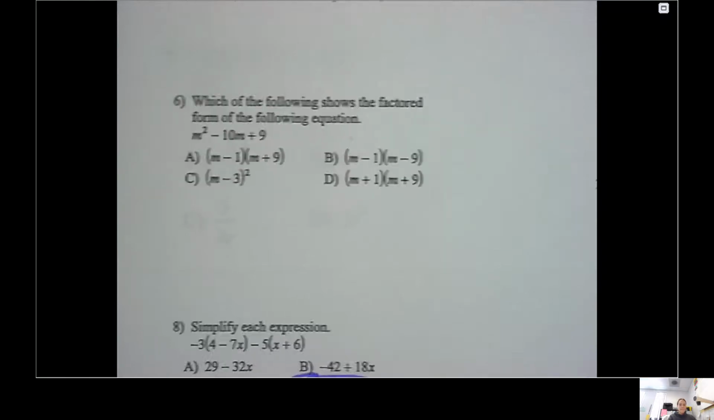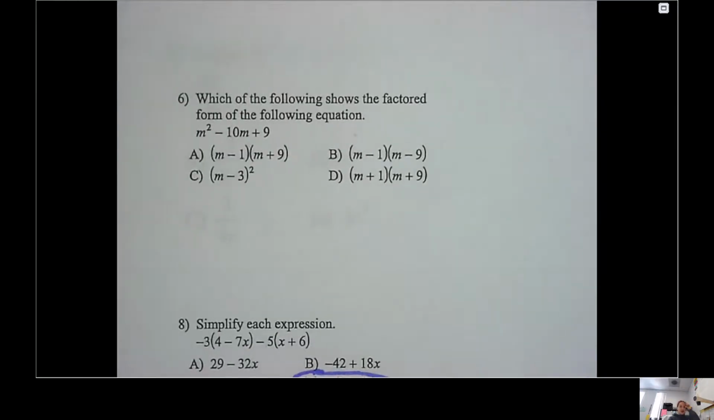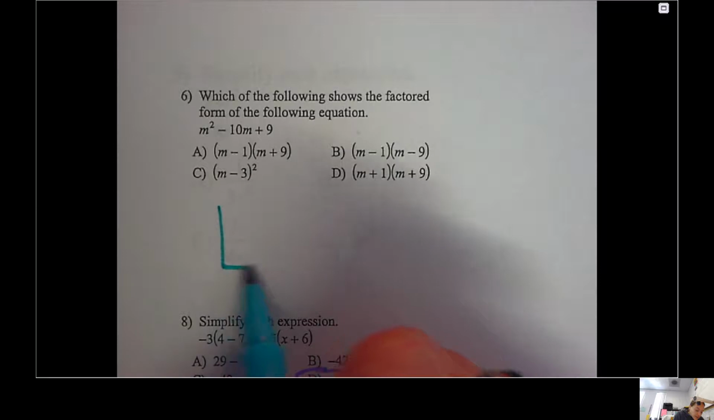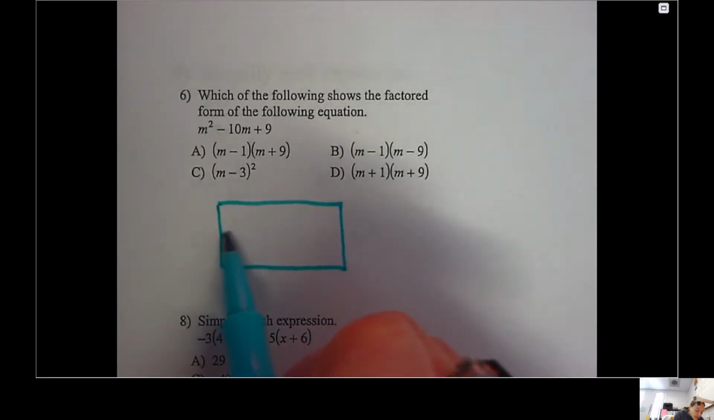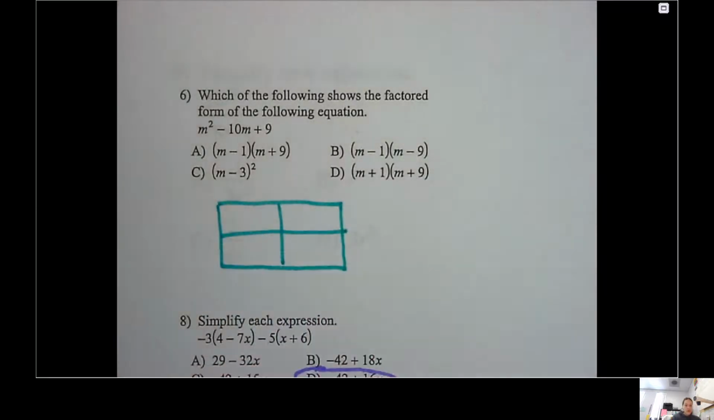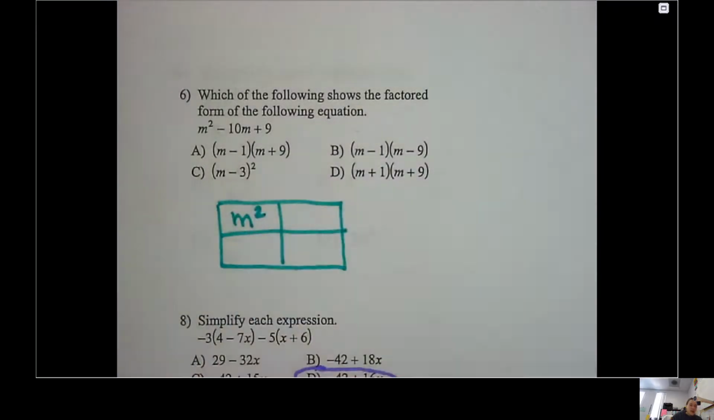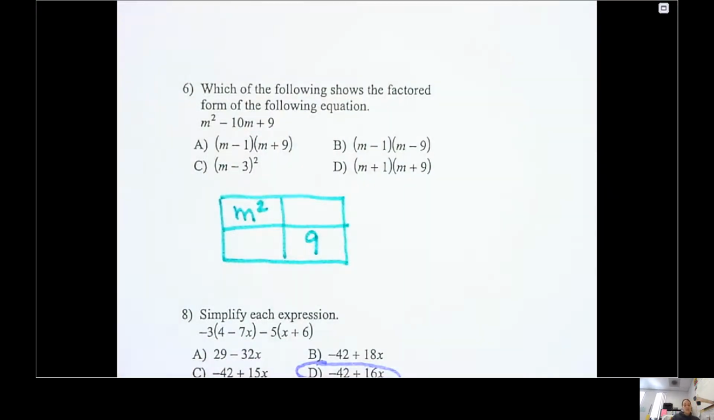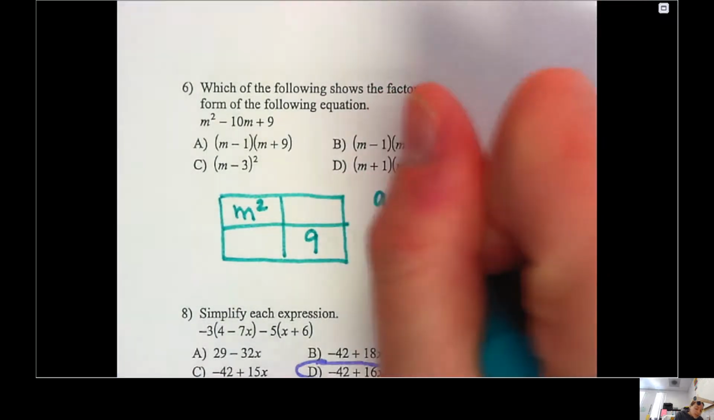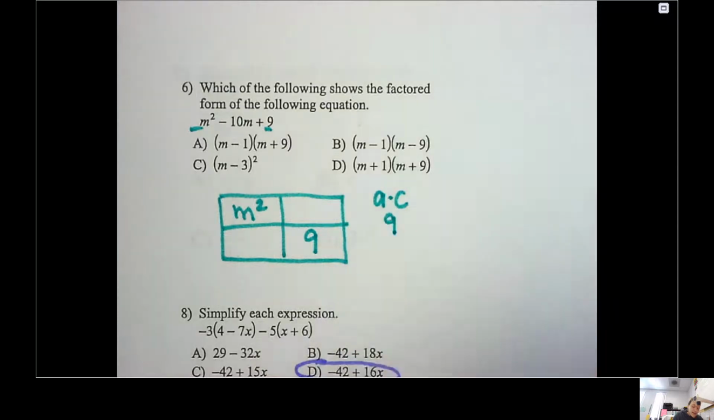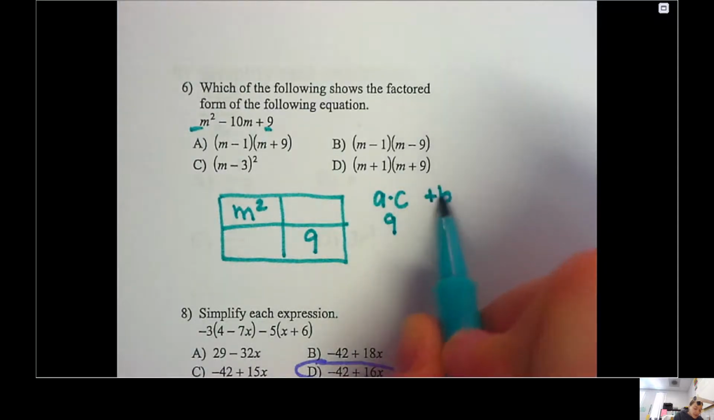Okay. Next one. Which of the following shows the factored form of the following equation? So since this is a factor problem, again, we're going to make our box and we're going to plug some things in. Hopefully you're noticing that it's a lot of the same thing over and over again. So my A value goes in the first one, m squared. My C value goes in the last one, which is 9. I have to come up with two numbers that multiply to give me 1 times 9, which is 9, and add up to give me my B value, which is